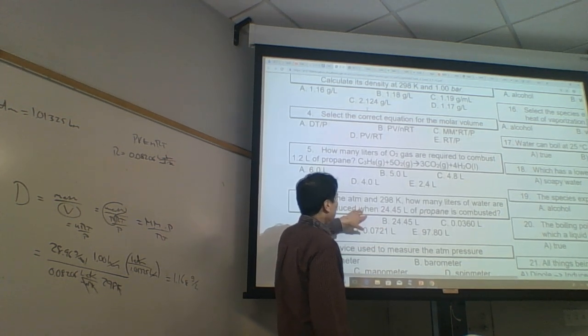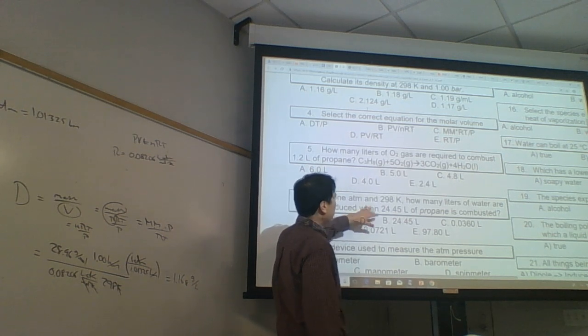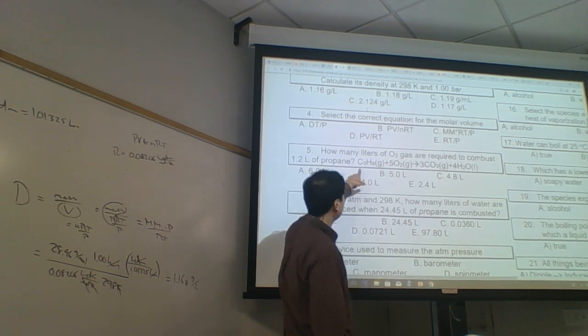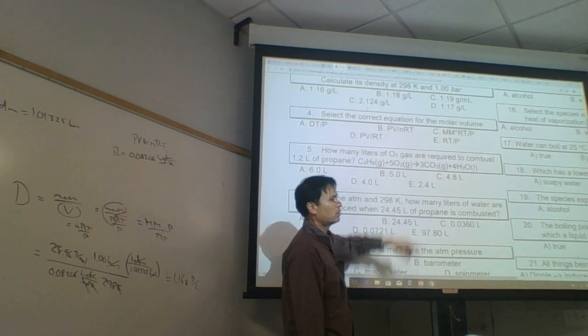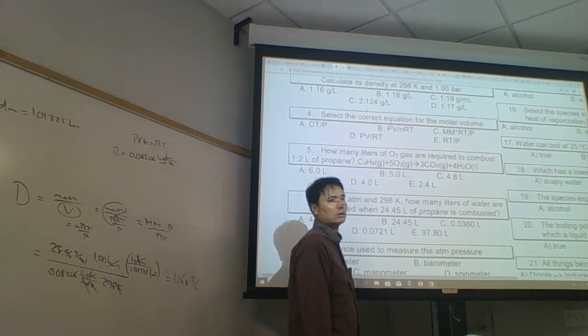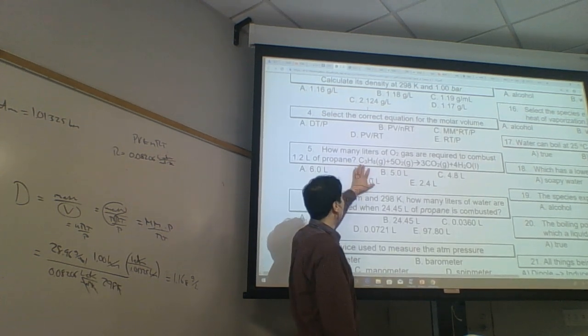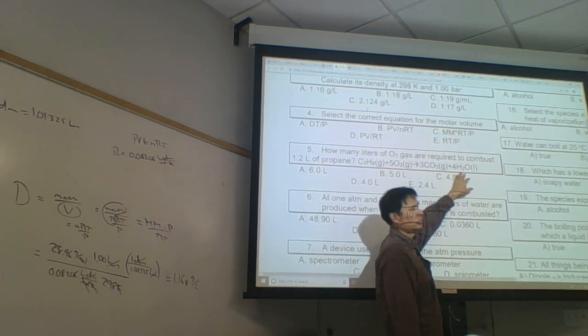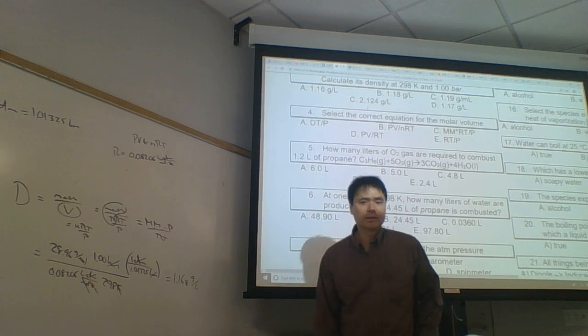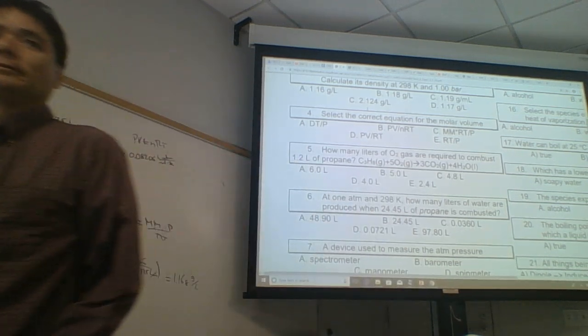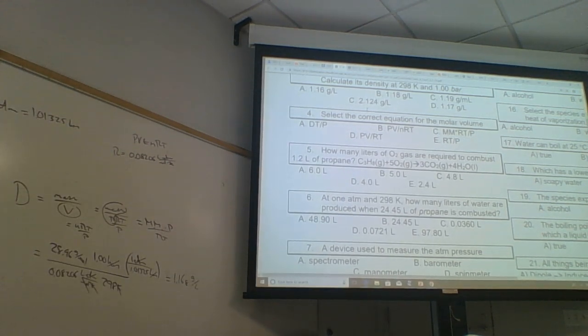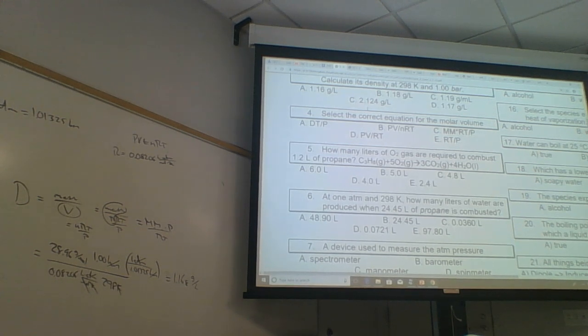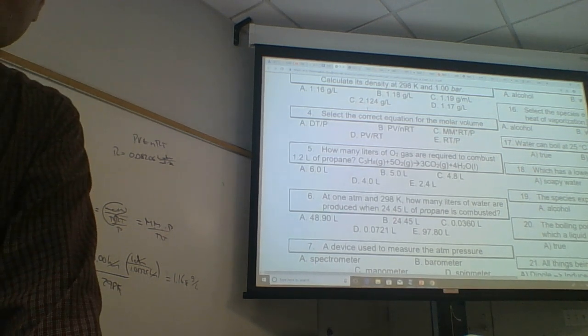And so, how many liters of water are produced when 1 mole of propane is combusted? If 1 mole of propane is combusted, how many moles of water are produced? If 1 mole of propane combusts, how many moles of water are produced? 4. How many liters is 4 moles of water? All right, so why don't you do that calculation and then